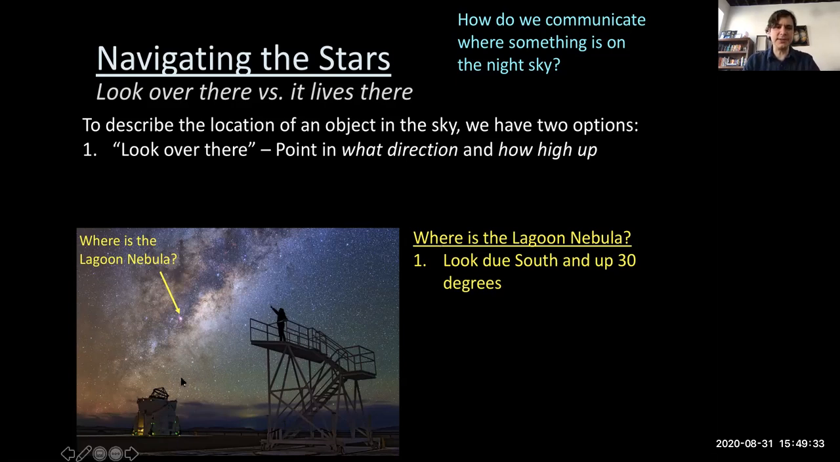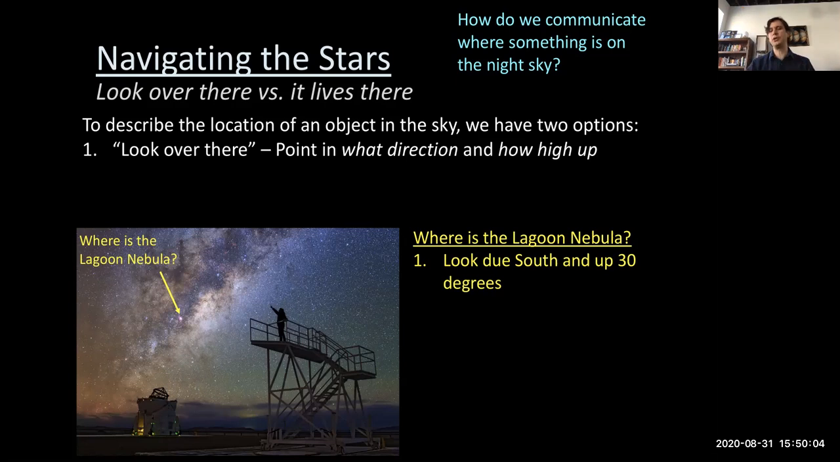So this person might say, hey, it's due south, and point up 30 degrees, and you'll see the Lagoon Nebula. Pretty direct. And this is a summary of the horizontal coordinate system. The more complicated, yet the universal coordinate system is, let's make a globe out of the sky. So let's imagine the entire night sky as this giant sphere that envelops the Earth. And let's put the stars on the inside of that sphere that surrounds the Earth, and then give each different